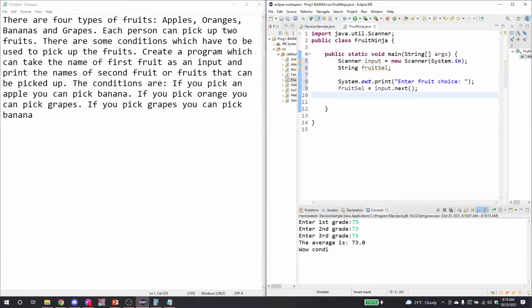Okay, so next we have the decision making. So, what does it say here? If you pick an apple, you get banana. If orange, you get grapes. If grapes, you get banana. Okay, so we're going to have if, and then if. This is the tricky part